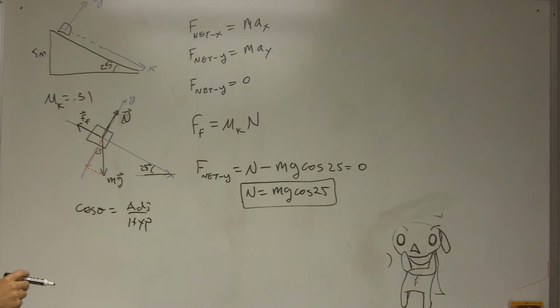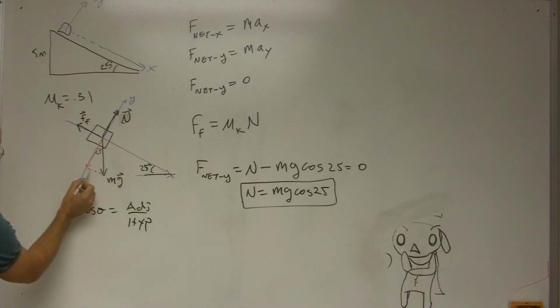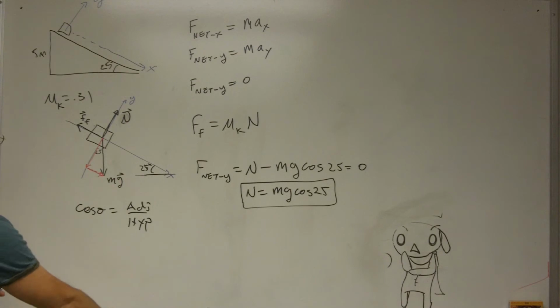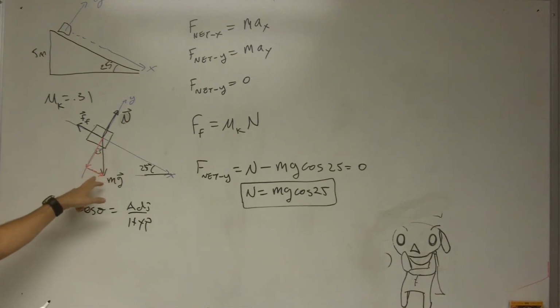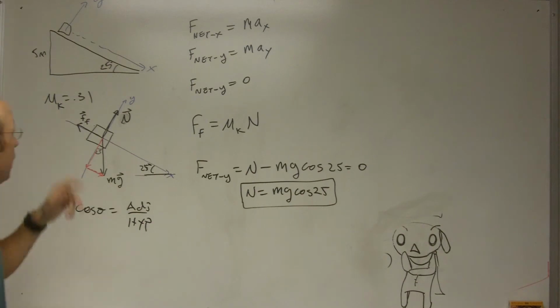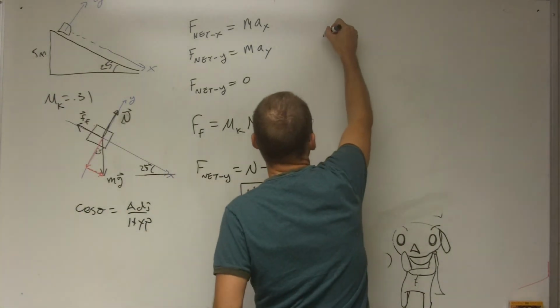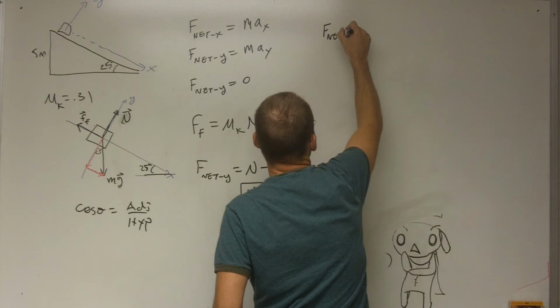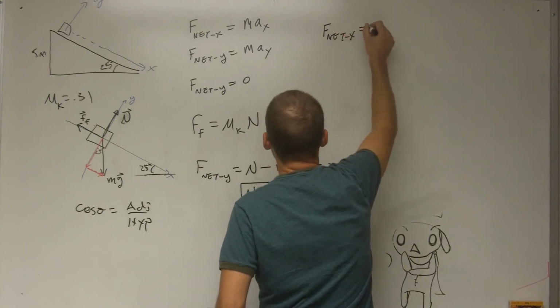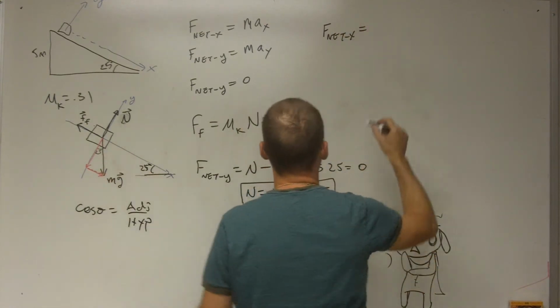Okay, now let's do the x direction. The same thing. You'll see here I'm going to need the x component of the gravitational force right there. And instead of using the cosine to find that, I'm going to use the sine function. So in the x direction, well, we have part of gravity. It's going to be